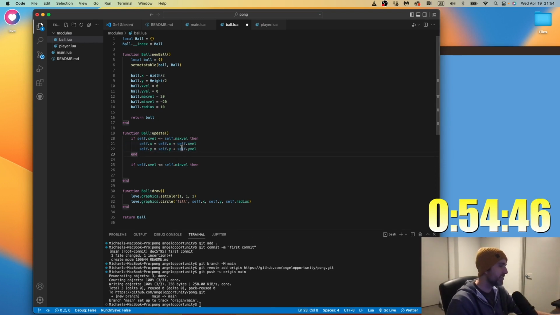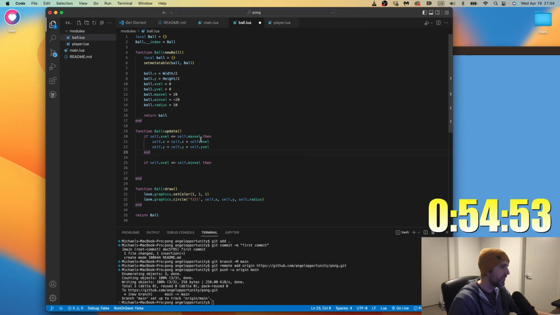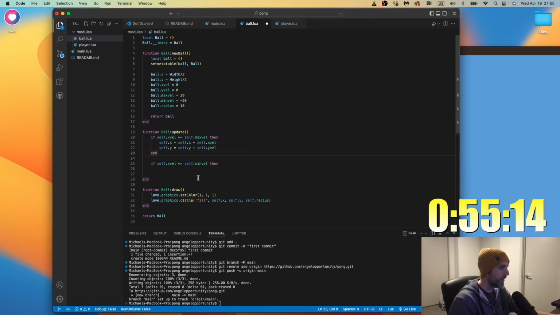My brain is freezing on it a bit because, let me think again, self.x. Basically if the x velocity, because I have double the axes that I have to worry about now. That's the real issue. It's not just up and down. It's a lot harder to think about it in this way.